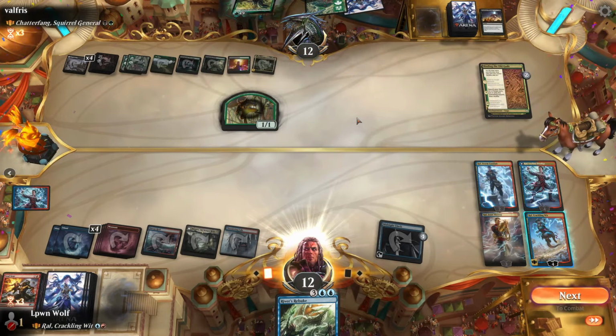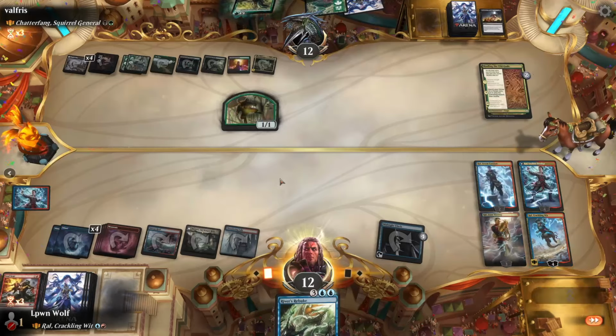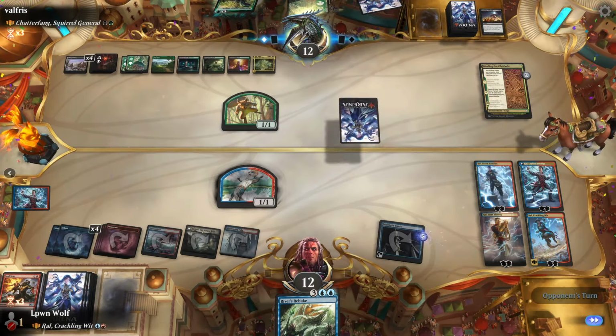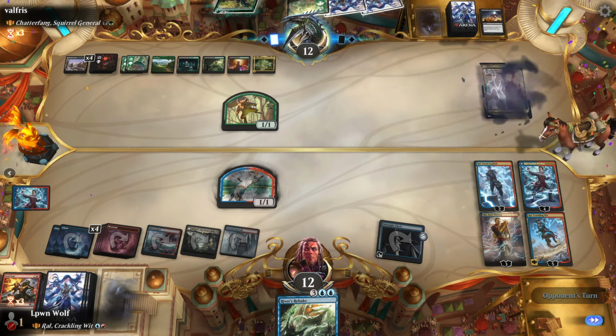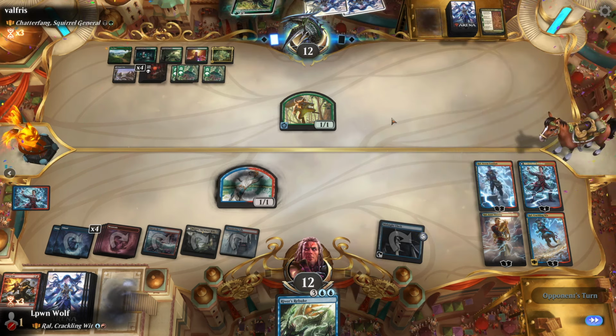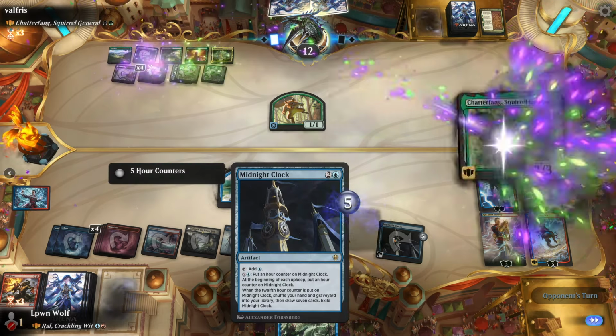This is impressive, if I may say so myself. And a blocker. Luminek. If they kill all Planeswalkers now, if they do that, I guess the Midnight Clock could shuffle them all back in and we get another chance, but...